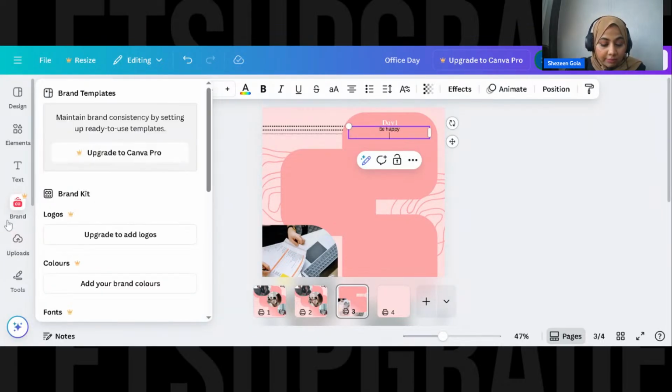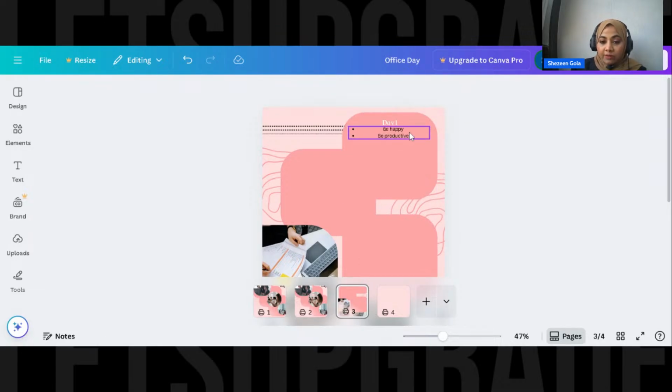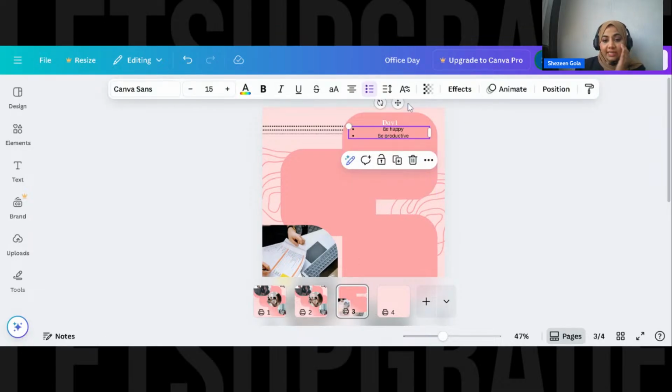Be productive. So you basically try typing. Okay. Now you want to give it in a bullet format. So you'll click here. You'll have a bullet format. Now you can resize your bullets also. Your alignments can help.